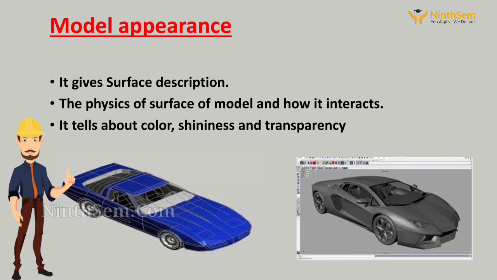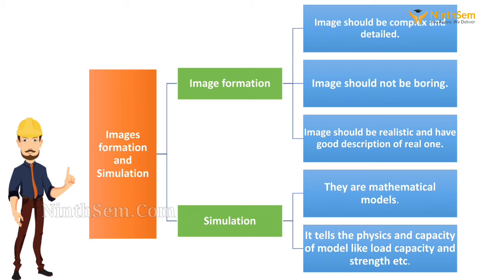There are two principal reasons for building a 3D model on the computer, that is image making and simulation. These two procedures are very similar, but they typically have different goals. Image making requires models that look good. They need to be sufficiently complex that they aren't boring to the eye, and sufficiently realistic to pass convincingly as a good description of a real shape.